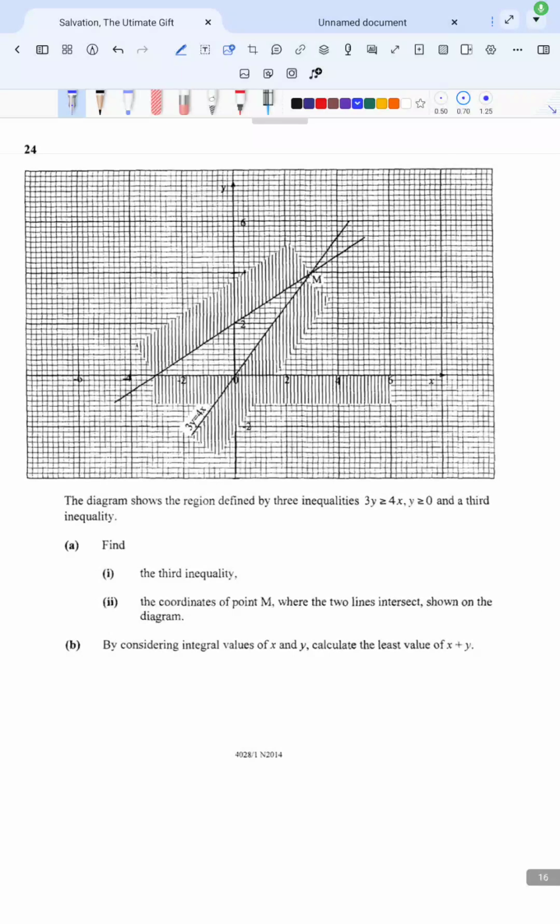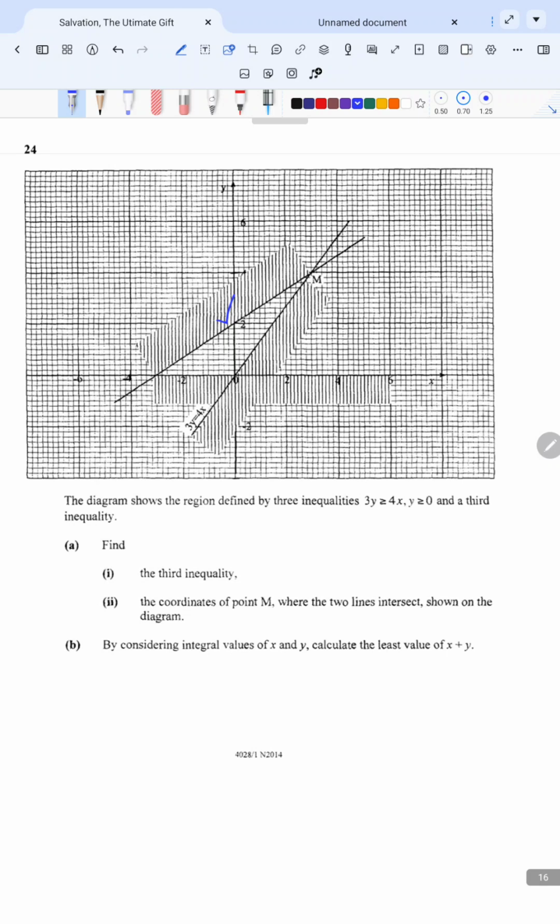Question number 24, which is in line with linear programming. It reads, the diagram shows the region defined by three inequalities: 3y is greater than or equal to 4x, y is greater than or equal to 0, and the third inequality. Find the third inequality. So the third inequality under consideration is being represented by this shaded part here, or this